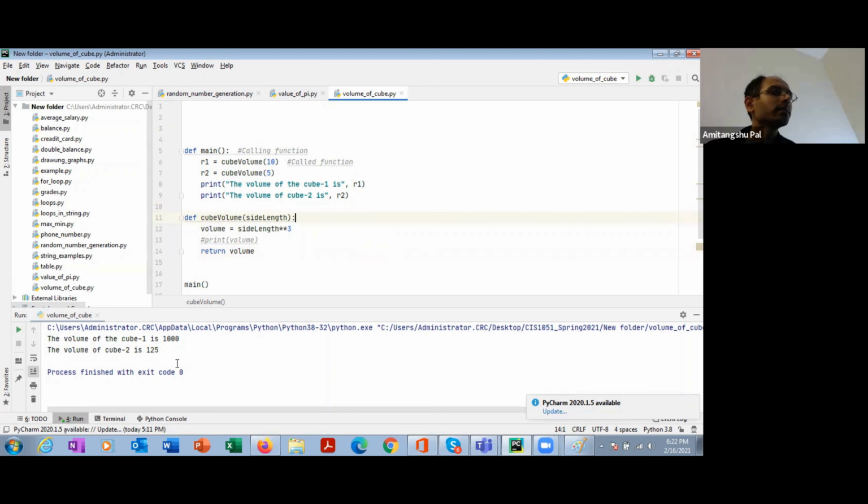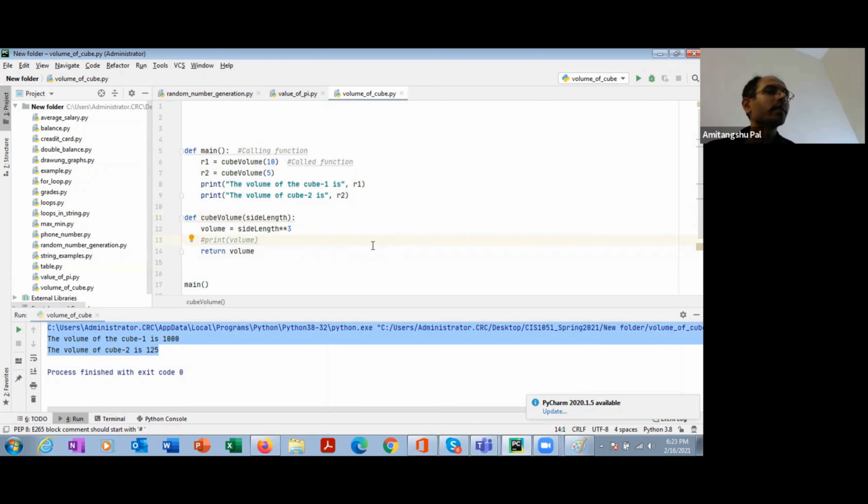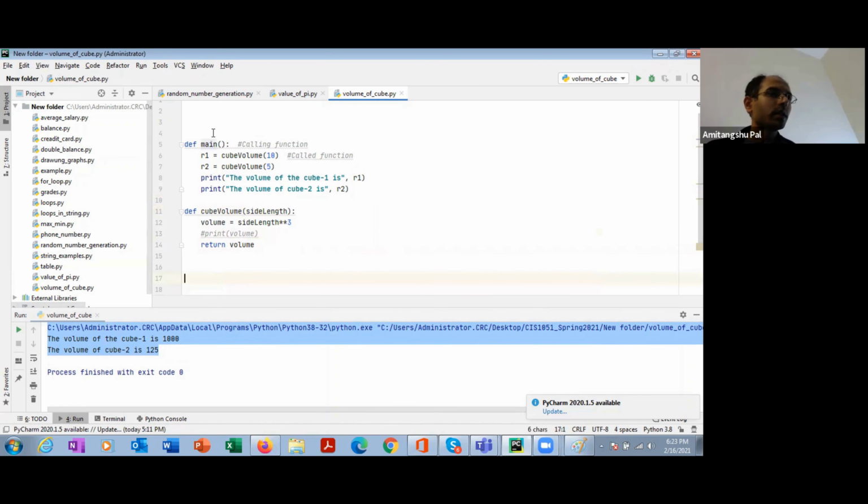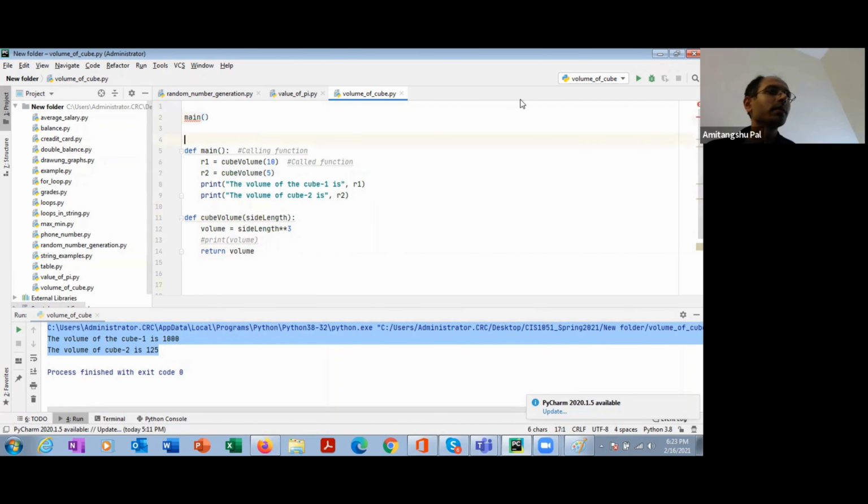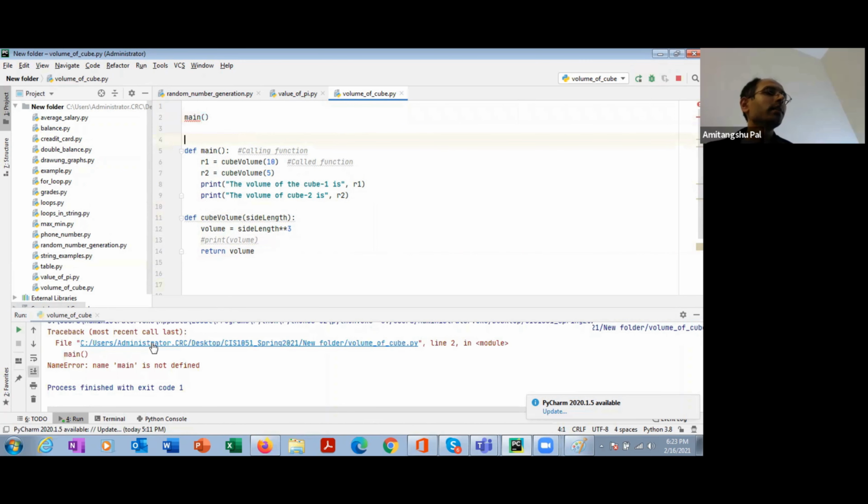Here also it is working perfectly. Okay. Suppose I am calling main before main is defined, then it will be trouble. Okay, because at this point it doesn't know what main is. So you are calling that function, but there is no definition.